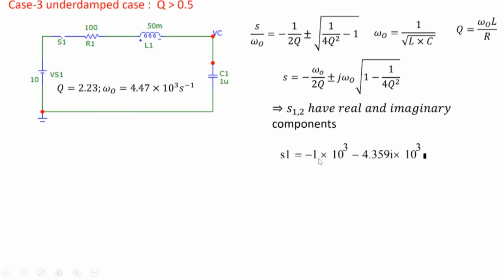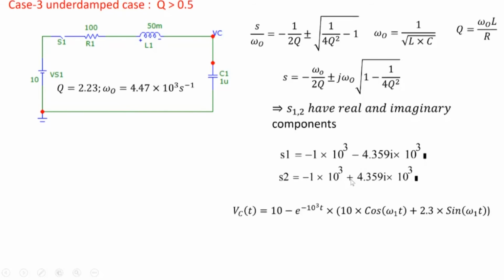So we can see S1 is minus 1, 10 to the power 3, and this value, and S2 is also here. So the real part is the same, and the imaginary part is minus here and plus here. So we have two roots. And using the procedure that we talked about, we can show that when you have complex roots,